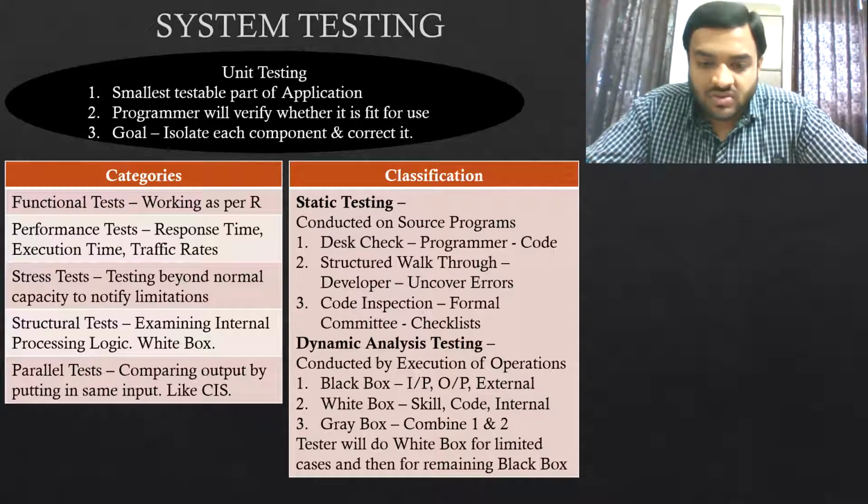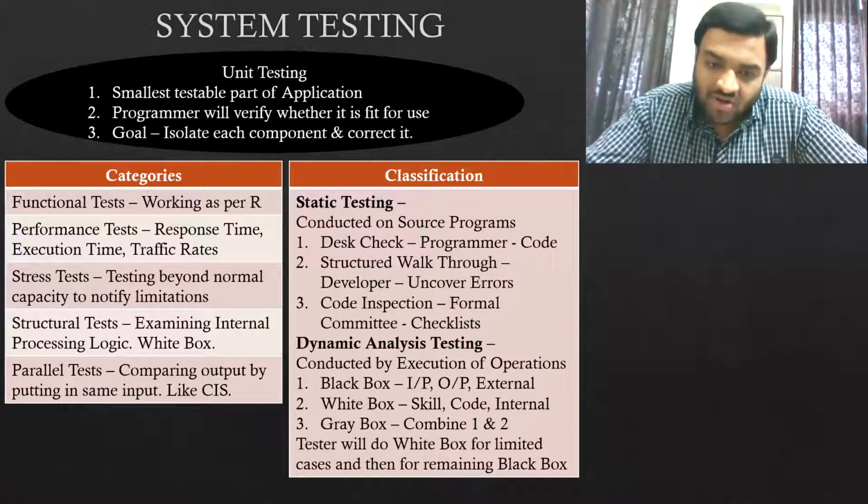So this formal committee will look at the work of the system developer and programmer and see whether there are any errors in the system or not. Here you can remember that a partner is reviewing the work of the senior and junior in code inspection. So desk check, structured walkthrough and code inspection: junior, senior and partner.